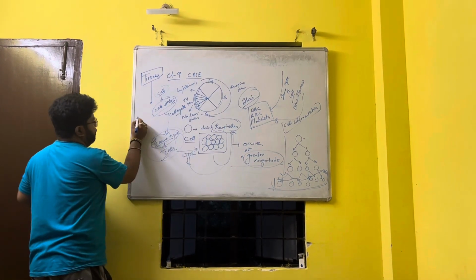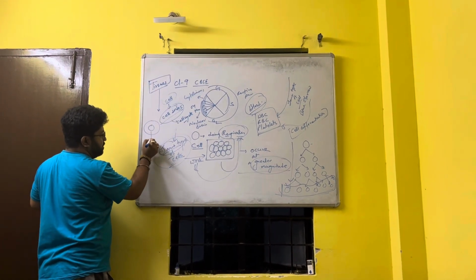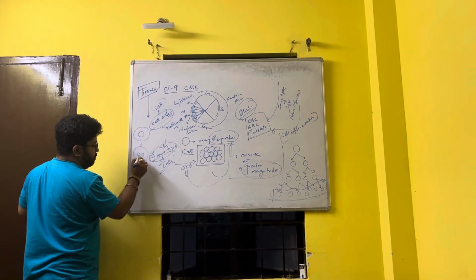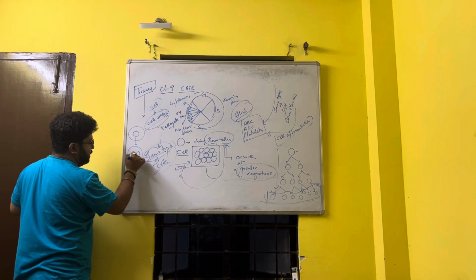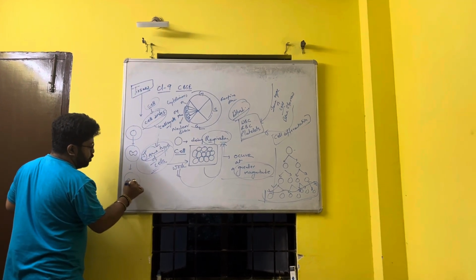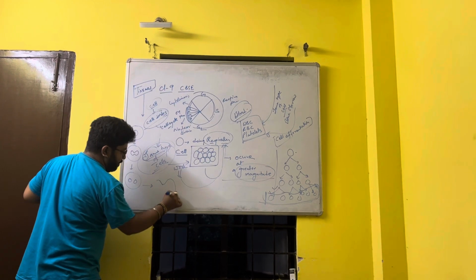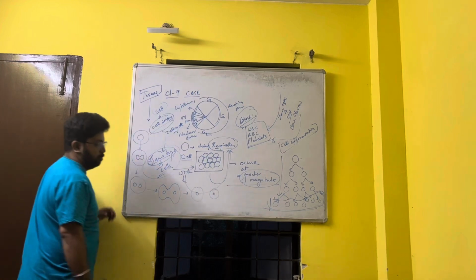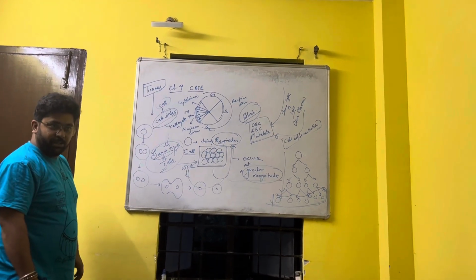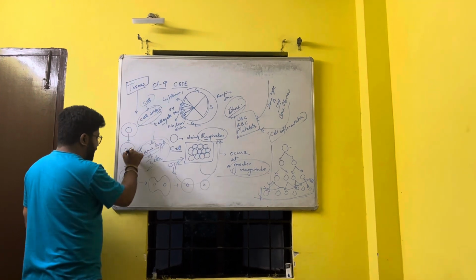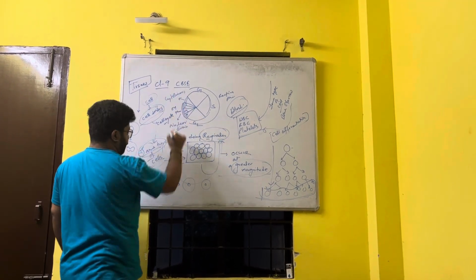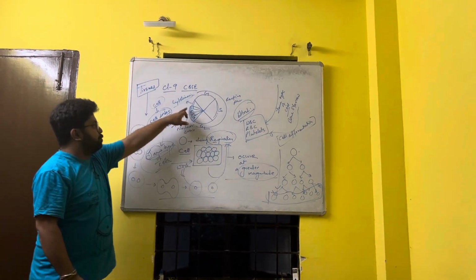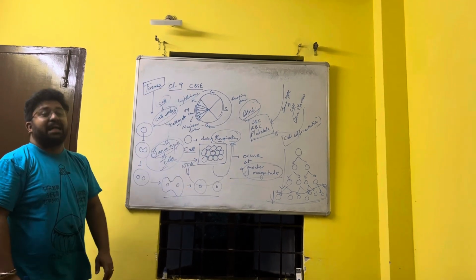It is actually clearer through the picture. Suppose this is the cell, this is the nucleus. At first the nucleus creates a furrow like this. Then it divides and becomes 2. Then the cell cytoplasm divides like this, and the 2 nuclei go into the 2 cells. Understood? This is how it happens. So the nucleus dividing has prophase, metaphase, anaphase, telophase, and when the cell cytoplasm is dividing, that is known as cytokinesis. This portion is known as nuclear division or karyokinesis.